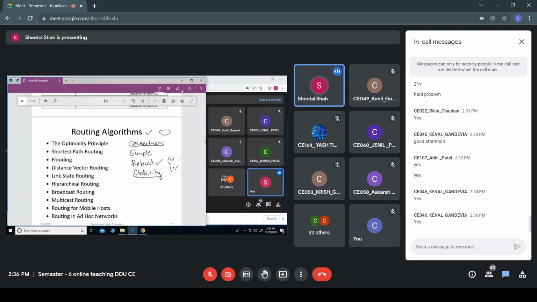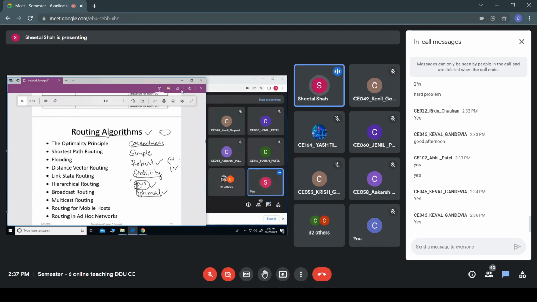Apart from that, the other properties applicable for this routing algorithm are that it should be fair, as well as optimal. That means the route it decides should be optimal from source to destination, and it should even be fair.